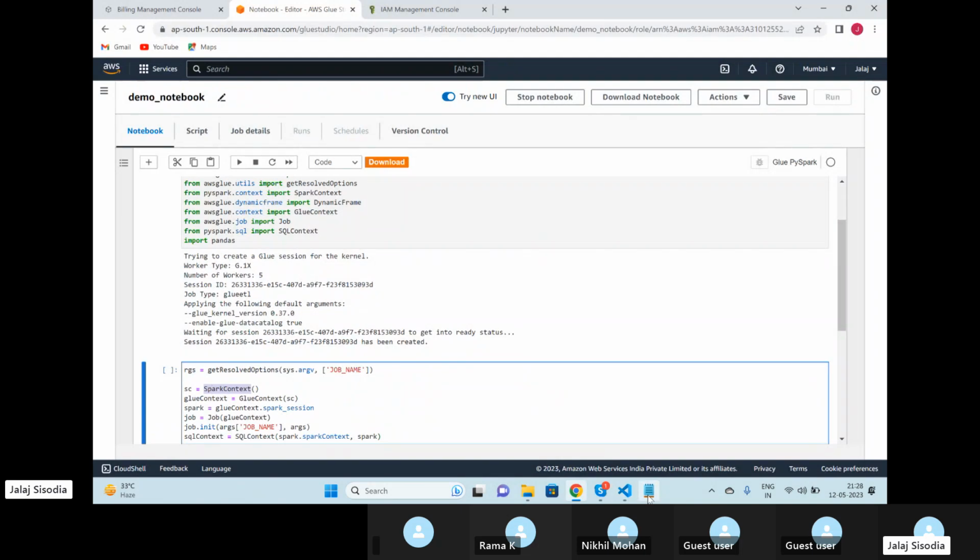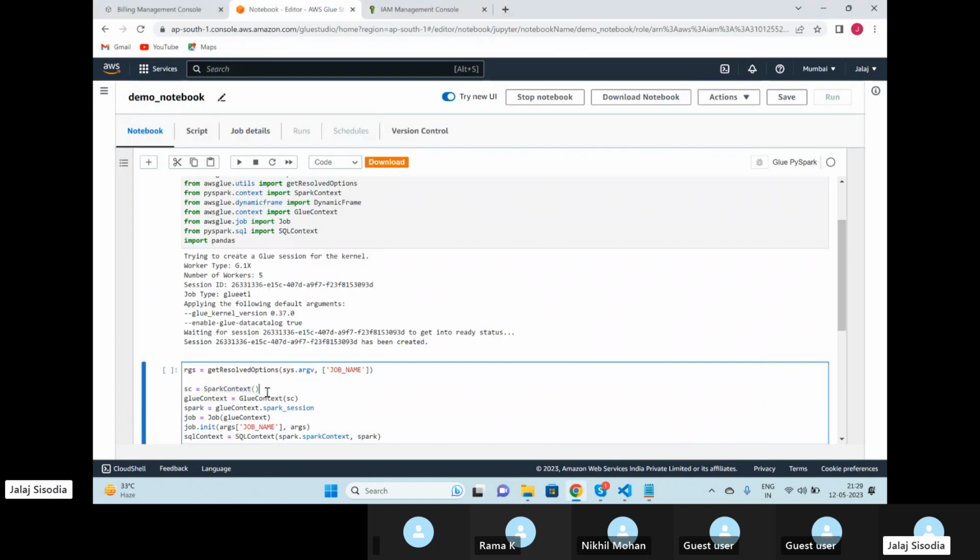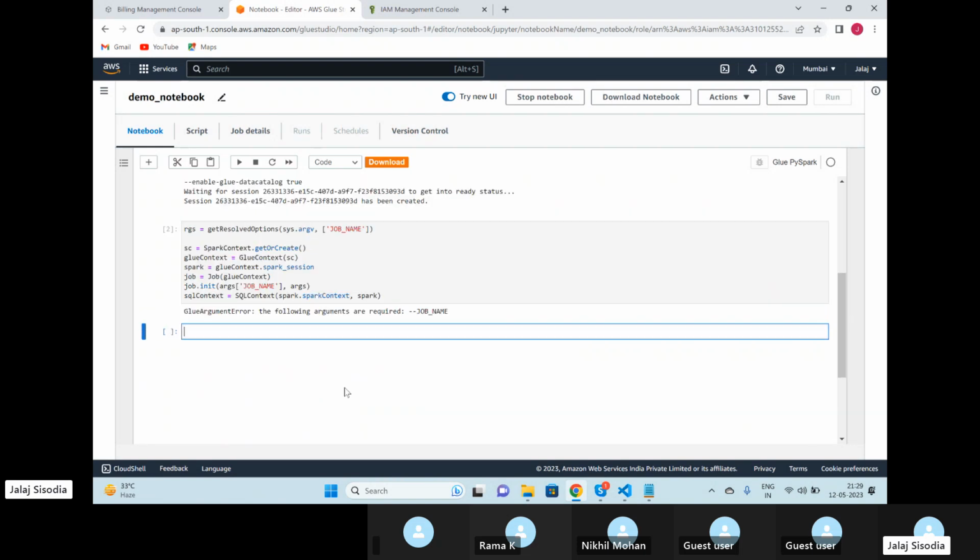You have to say get or create a Spark context, because by default a context is created, and if you just try to create it again, it will throw you an error. And if you don't create it, then it will say no Spark context has been found. So you have to slightly modify this code, and you have to say SparkContext get or create. That means either get it or create it, whatever is there, just use that. So if you execute this command, you can see